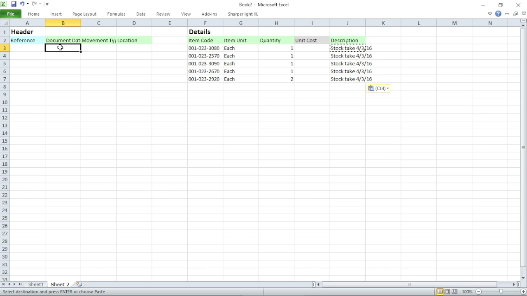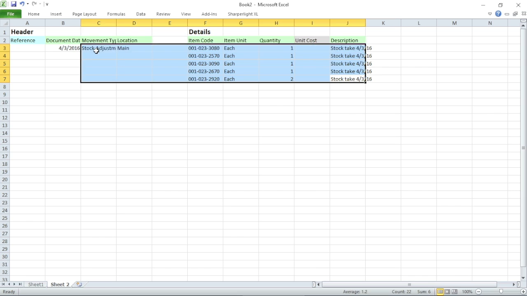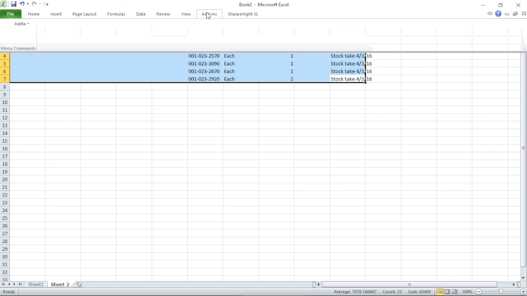Now, for the document header, complete the document date, the movement type, and location fields. Now the document is ready to upload to Aqilla. Select the rows to be uploaded. Then click on Add-ins in the main menu,